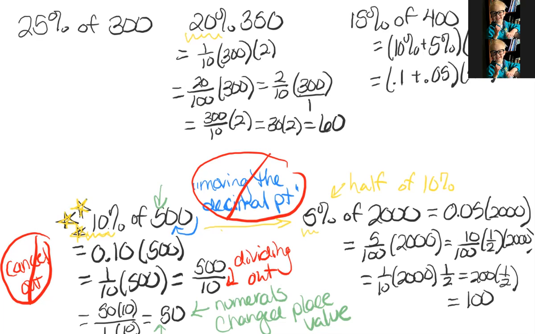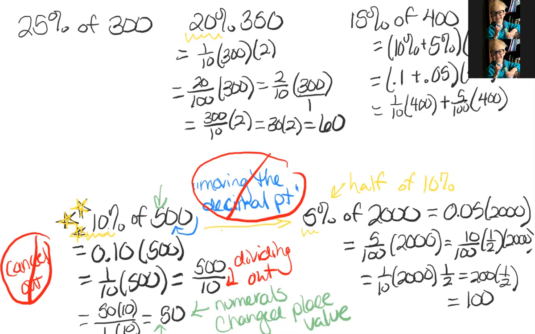I'm going to do 10% or 1/10 of 400 plus 5/100ths of 400. And again, come down to the bottom, right? 5/100ths can be the same as 10% cut in half. So I'm writing it this way. You don't have to write this way, but this is how numerically you can show this thought process of first